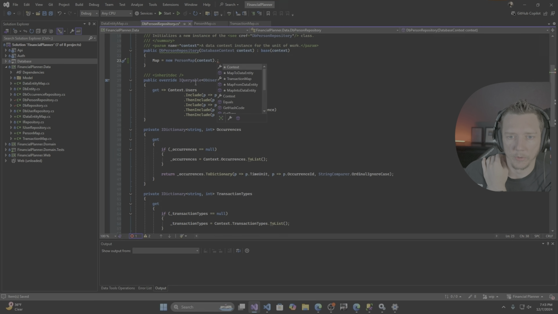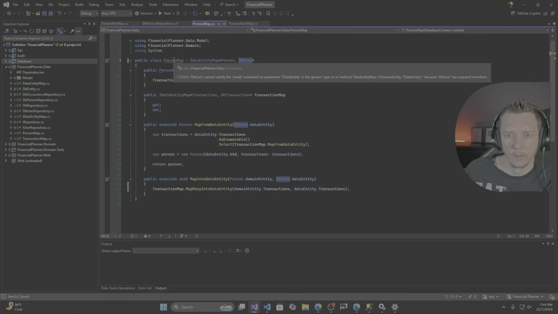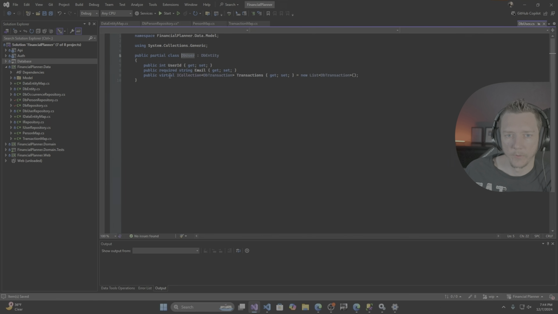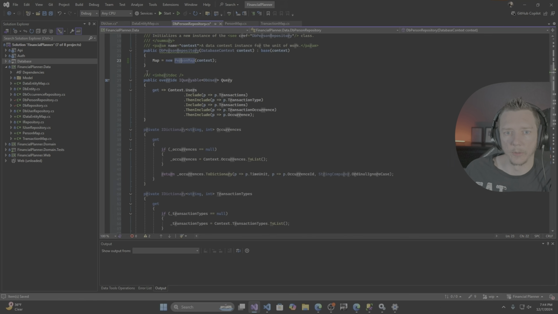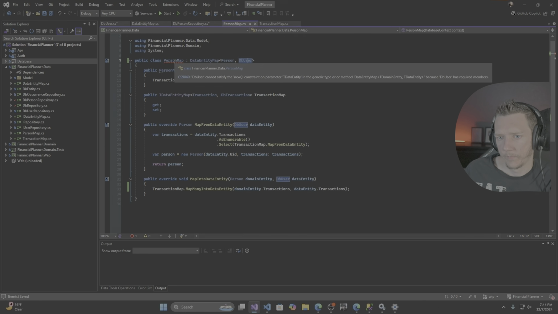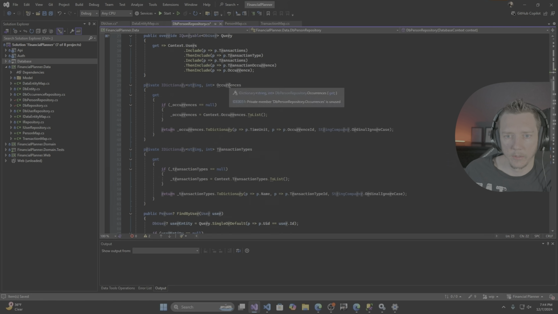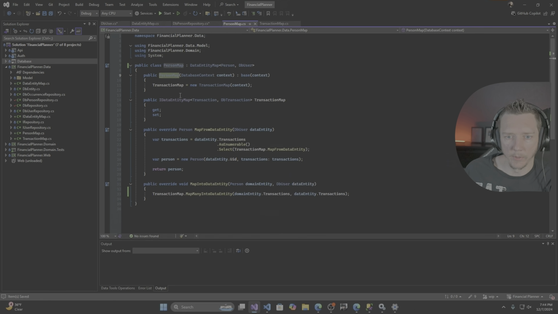Which means we're going to have to pass those down even through the person map, actually. Okay. Let's go and remove that for now, just so we can get the code to compile. All right, let's go look at... Okay, so the map must pass those down at some point. So what we're going to do is basically say